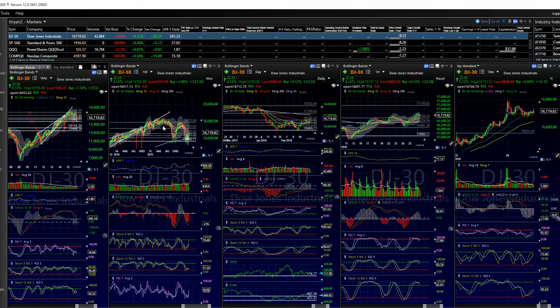But clearly we have some downtrending trend lines here. Moving averages are pointing down on the higher time frames, and we're within shooting distance of some of these moving averages crossing. Some of them have already crossed down here. Here we see the 12 is below the 50. So the question is, what are we doing? We've made the basic position that we are in a continuing downtrend that's going to go on for a little bit longer, possibly down as low as 14,000 on the Dow, maybe even 13,500.